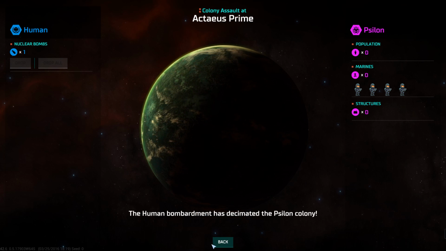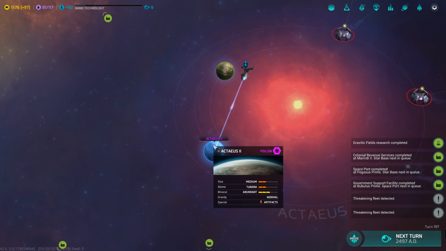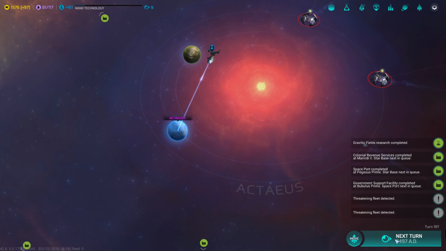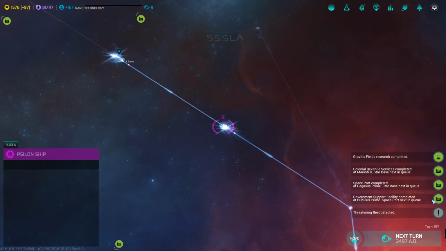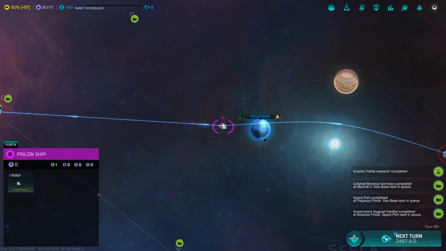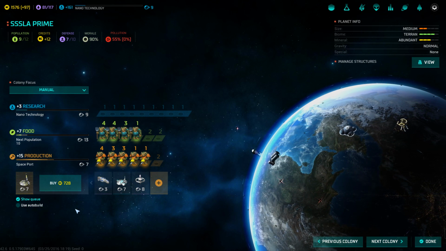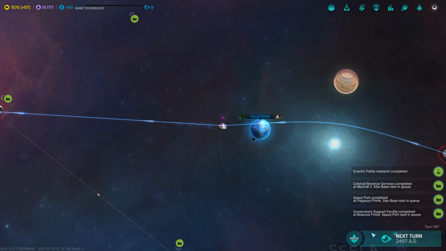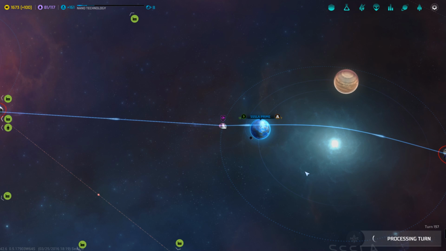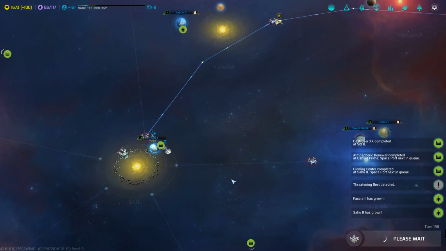Population, marine structures. Gone. And it's finished. Let's line up and get the next... Oh, well, next turn. What's this threatening fleet detected? Yeah, scouts. Not really all that threatening, to be honest. What's Slav Prime building? Spaceport. Oh, yeah, he's got a few jobs in the queue there. I think this is how it's just going to degenerate then. We're just going to sail around the galaxy, nuking everything into oblivion, because I can't think of a better way